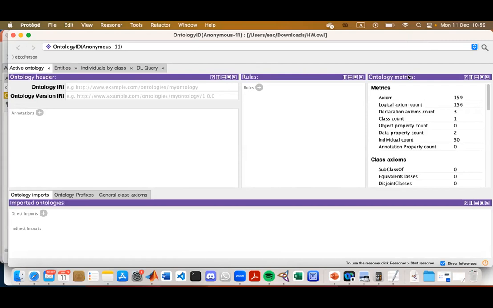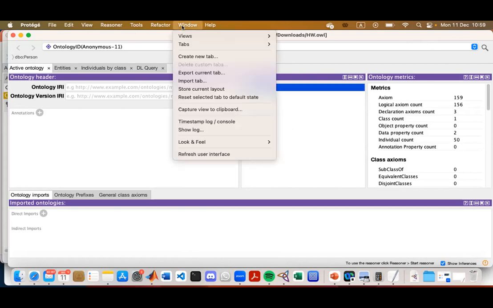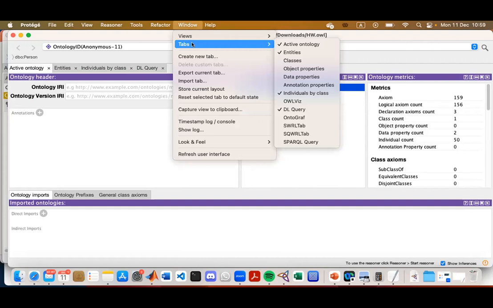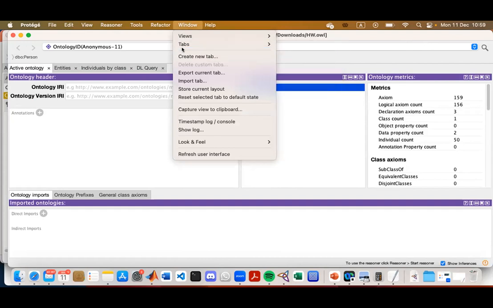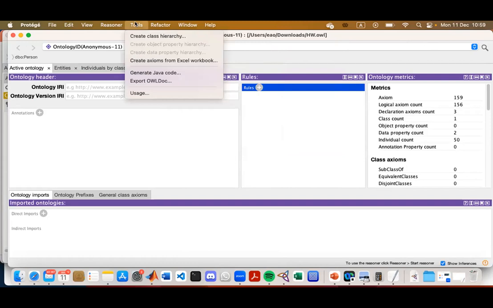Let me just remove this stuff. So you need to enable it. Normally you do it in Window or Tools. No, View.